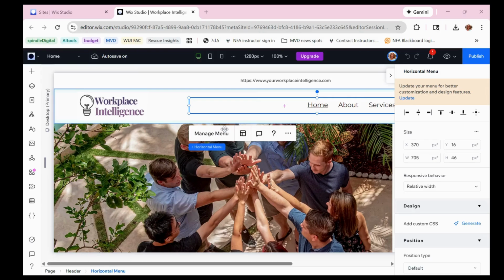Today we're going to cover how to manage your menu links in a Wix Studio website. So if you have created a new page and you want to link it, or maybe you're deactivating a page and you want to remove that from your navigation, we're going to talk about how to manage that menu, and